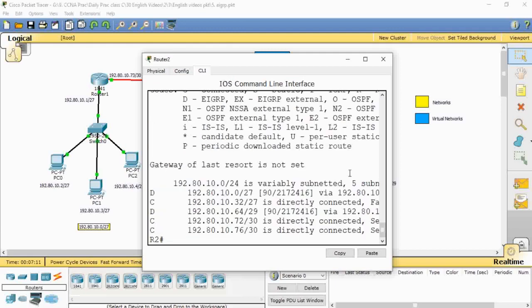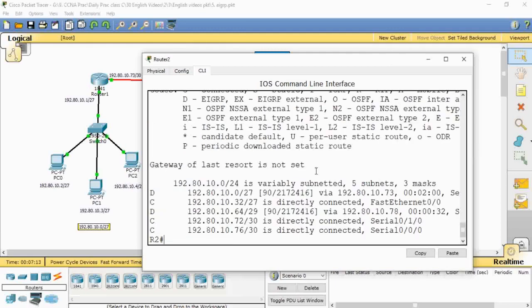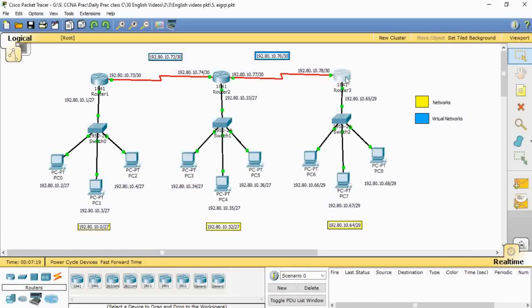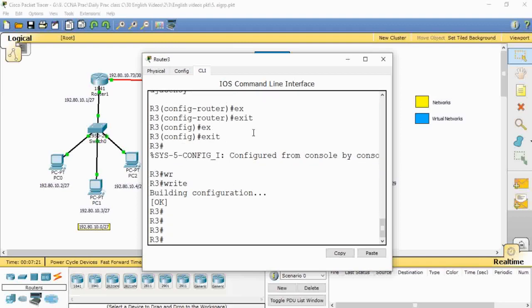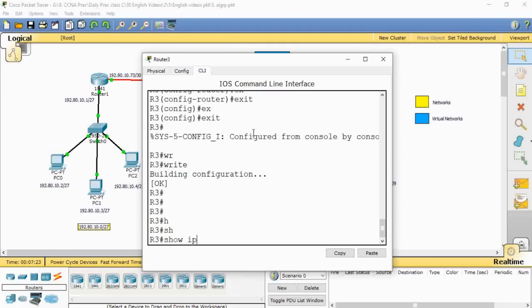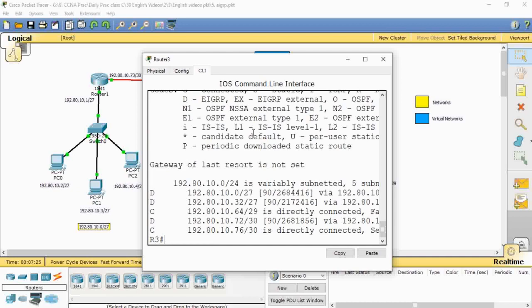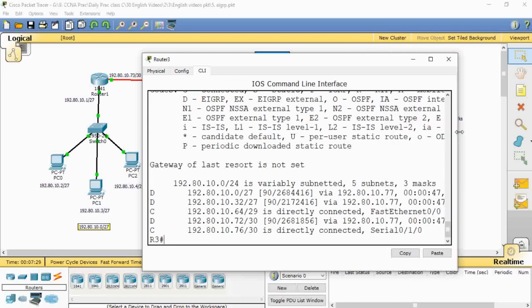You can see that connected network and also EIGRP, which is denoted by D. Now open router 3. Type show IP route. You can see that connected networks as well as EIGRP, which is denoted by C and D.